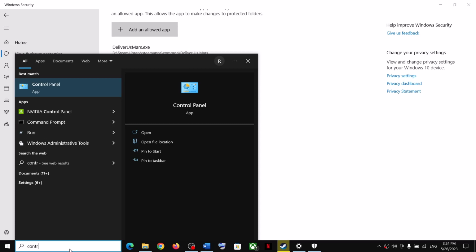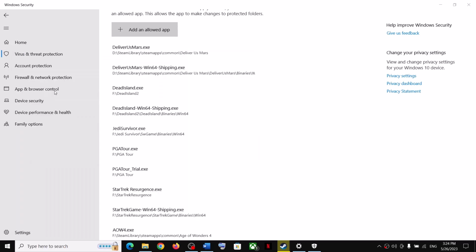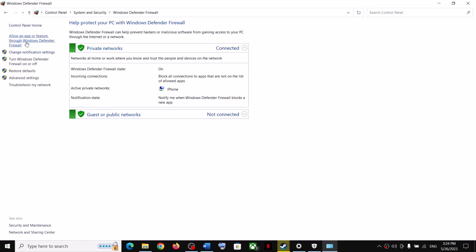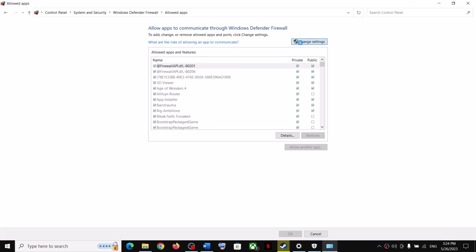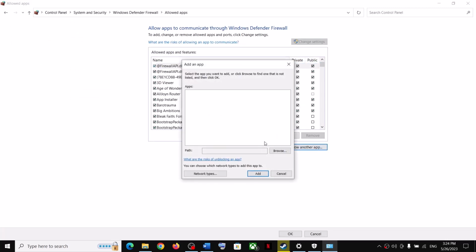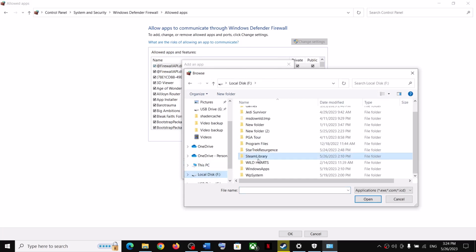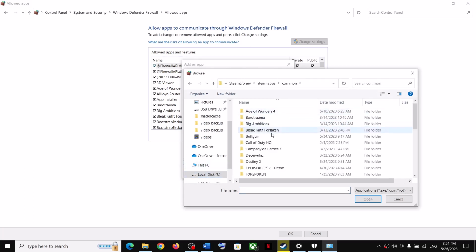Type in Control Panel in the Windows search box and then click on Control Panel, go to System and Security, Windows Defender Firewall, Allow an app or feature through Windows Defender Firewall. Now click on Change settings at the top. Now click on Allow another app. Now click on Browse and then go to the game installation folder, open Steam library, steamapps, common, and then